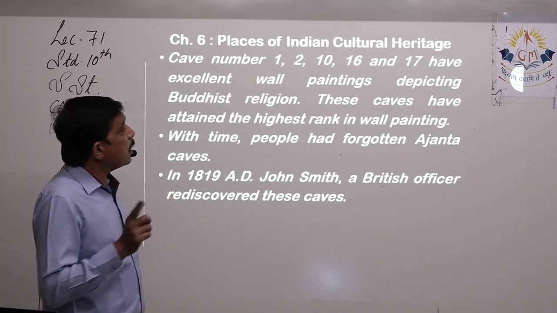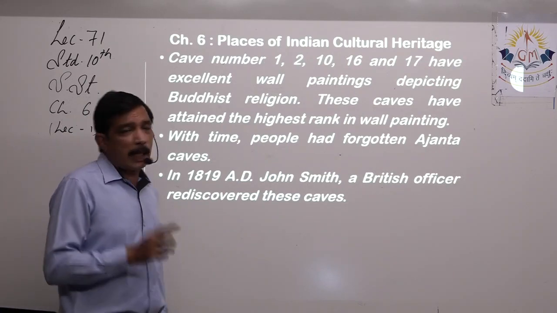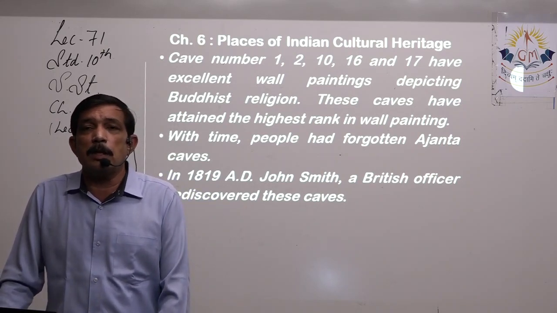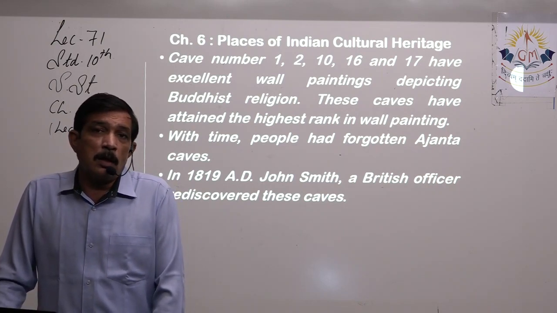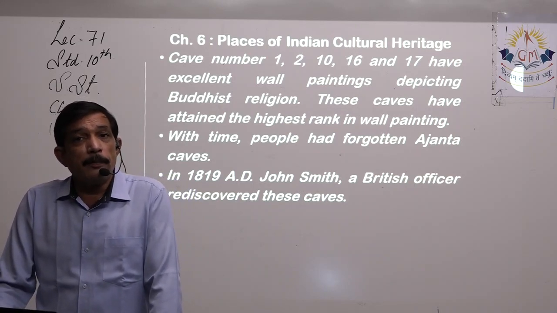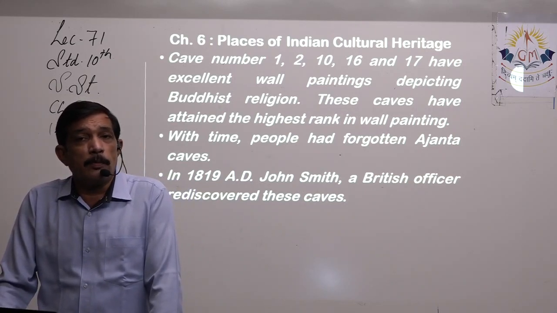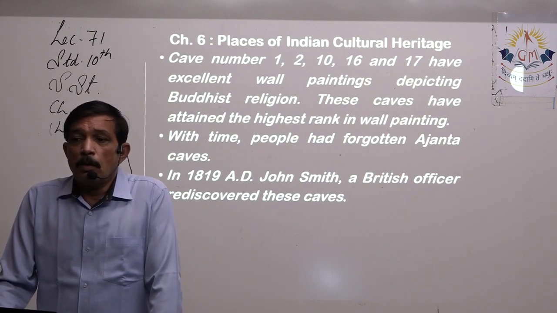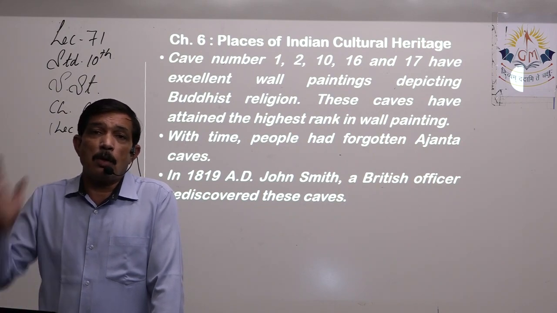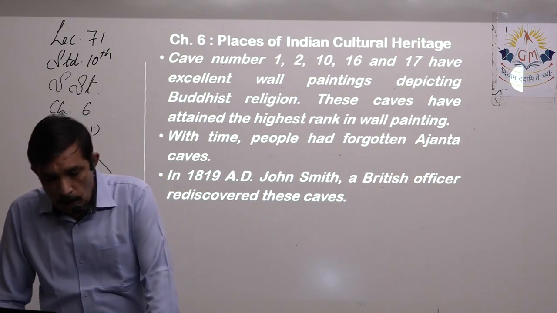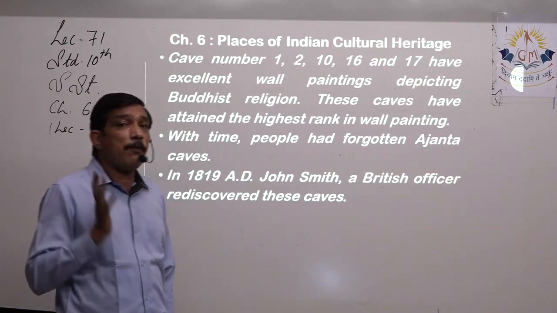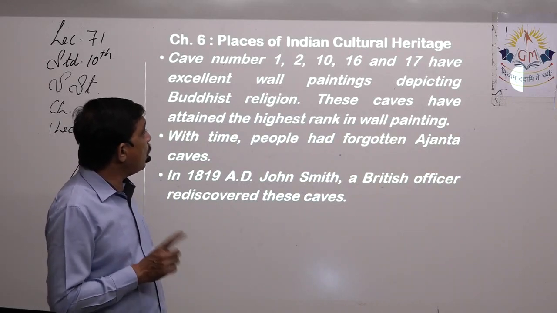Now, cave number 1, 2, 10, 16 and 17 have excellent wall paintings depicting Buddhist religion. All the things, preachings, teachings of Lord Buddha, in Bodh Gaya, the Bodhi tree where Lord Buddha got the salvation. All these pictures are described on the wall, depicted on the wall. So, all about Buddhist religion is shown in the form of painting on wall and cave number 1, 2, 10,